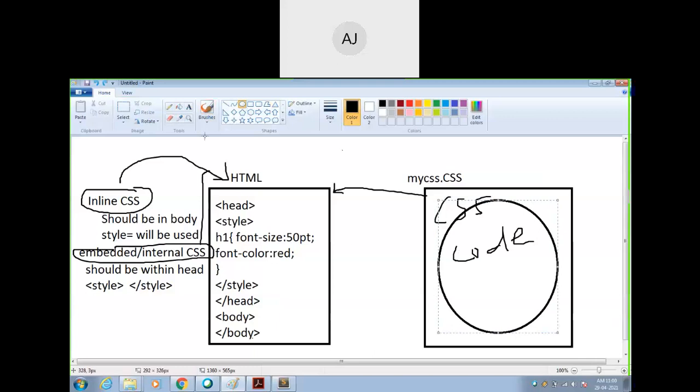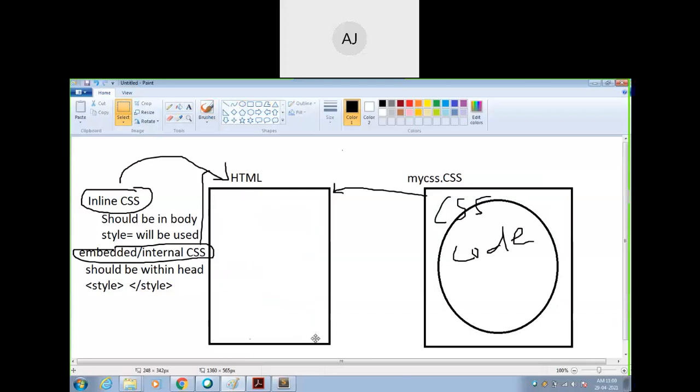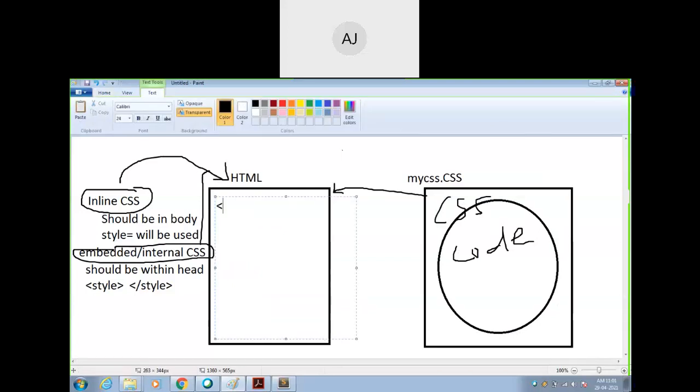Now here within this HTML, I will just clear this and once again I will write the code here. Now there is not much code here. Within the head section, the point you need to remember is there will be head open, head close, and there is no question of body open and body close. Let it go at the bottom. But within the head section there is only one tag. What is it called? That is the link tag.